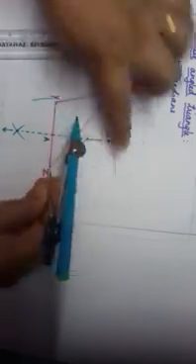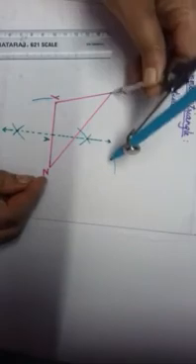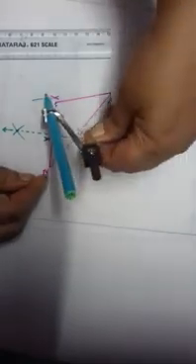And now after X, Y will come. So Y is a vertex and its opposite side is XZ. So let us draw perpendicular bisector of side XZ. So again take more than half distance. In this way we have taken, now take more than half distance and draw two arcs towards this side from Z also and from similar distance from Y. So I have drawn here two arcs, and now you will join these two points of intersection.